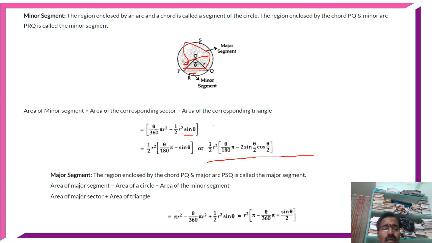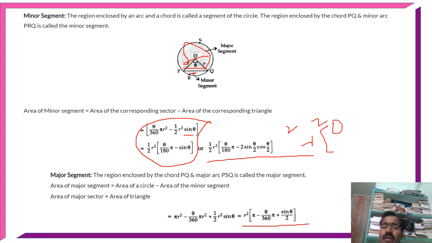Sometimes if they give more than 90, it is not possible. This is difficult for you people. So use this one only, r square theta by 180 pi, or else r square. You can write like this: pi r square minus r square into 2 sin theta by 2 cos theta by 2. So r square we can write in simple form, r square of theta by 360 pi